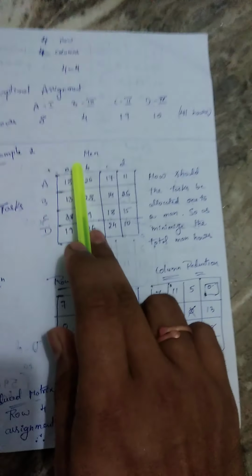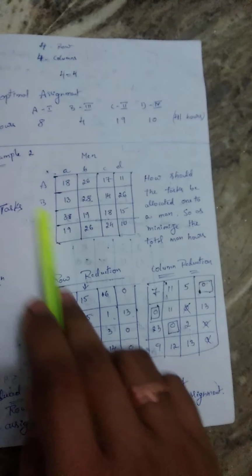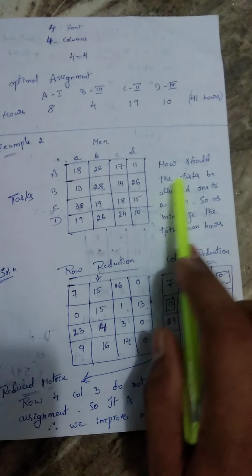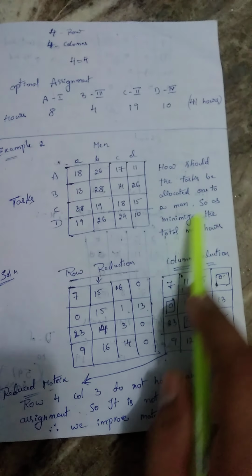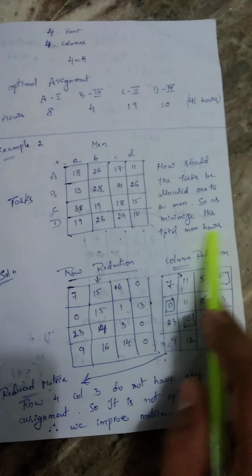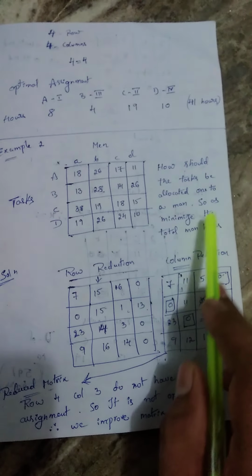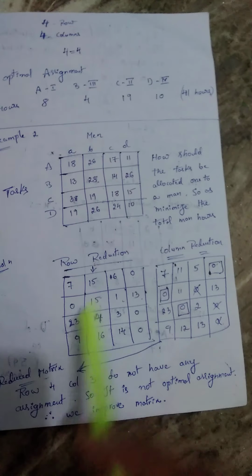These are the individual men A, B, C, D. These are the men we are providing for each task. How should the tasks be allocated, one to a man, so as to minimize the total man hours? And coming to the solution, we have to find out